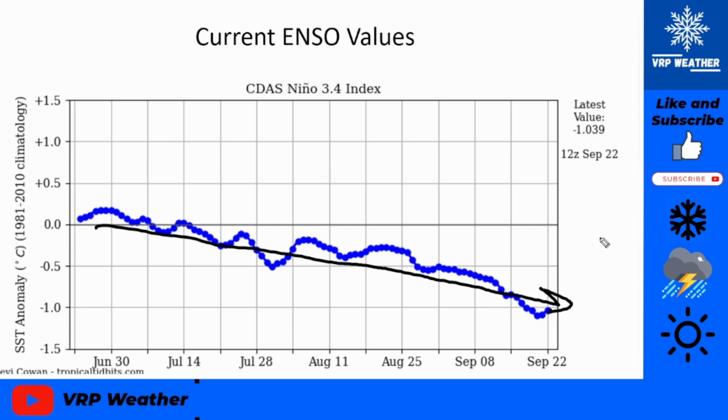However, as we get into October, November, it's going to start moderating off and eventually climb back up. Right now we're right around negative 1.0, on the border of a moderate La Nina. It's going to rise back into a weak La Nina, and depending on how fast it rises, we could see a cool ENSO neutral by the time winter is here, or it would be a weak La Nina.